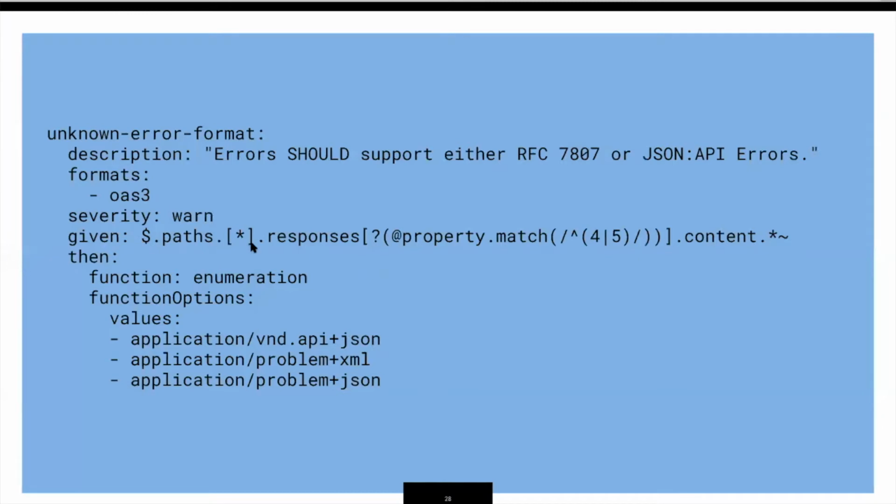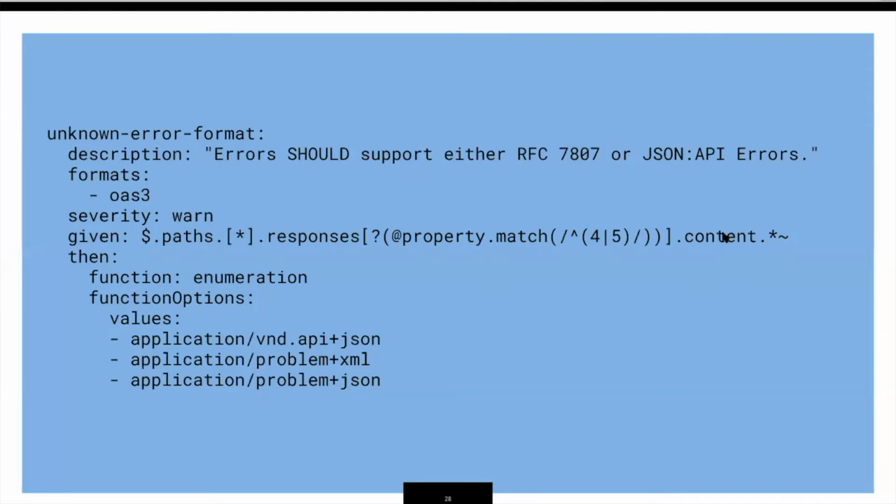It's very similar to XPath or CSS selectors, the same kind of concept, but you can basically say, look in the paths inside all of the objects, look for responses and check to see if there's any properties that match 4 or 5. So any status codes, and look at the contents of that.